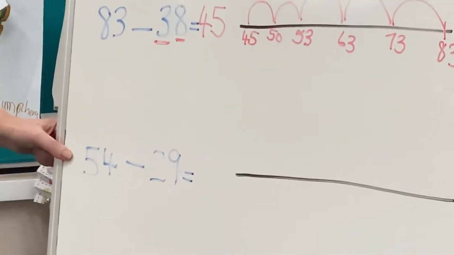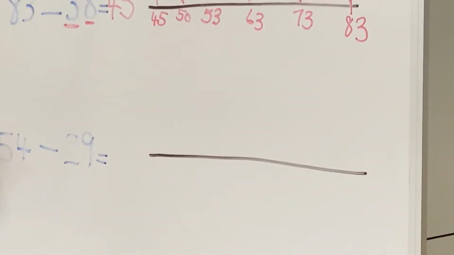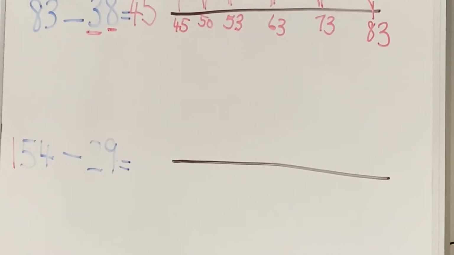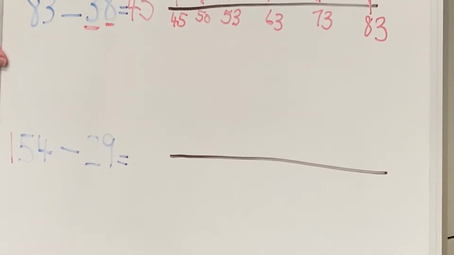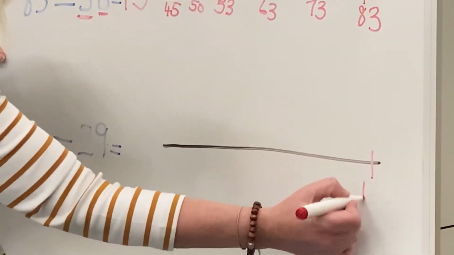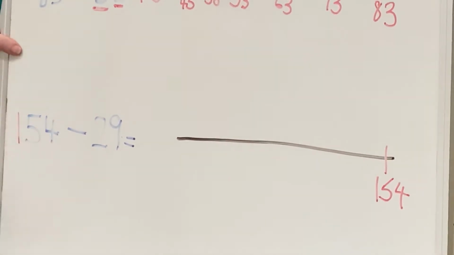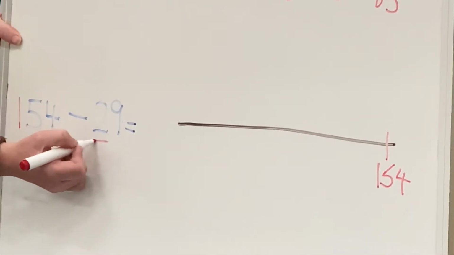Here's another example. Actually, let's make this a bit trickier. Let's make it 154 take off 29. You do it the same way, even if it's 3-digit numbers. So we'll start off with 154. And now we're going to take off 29. That's 2 tens, 20,